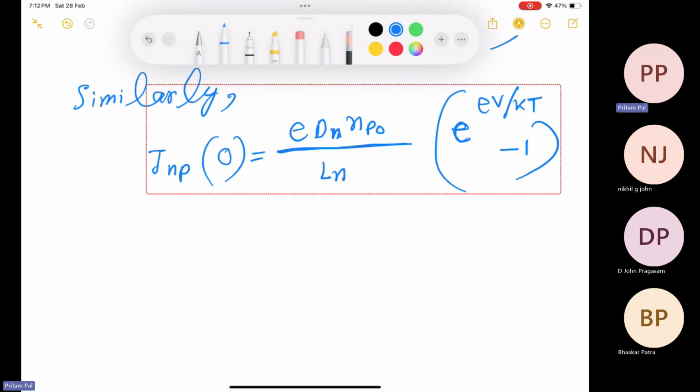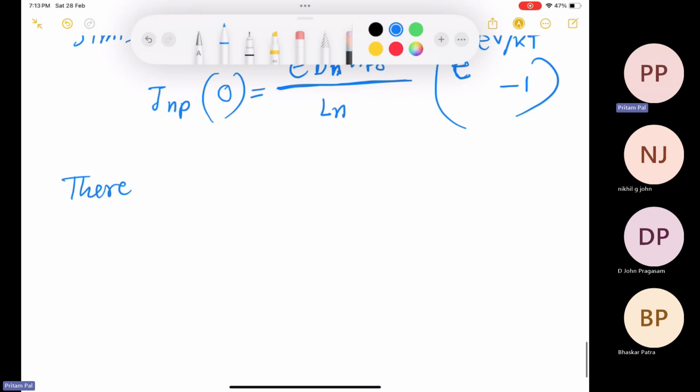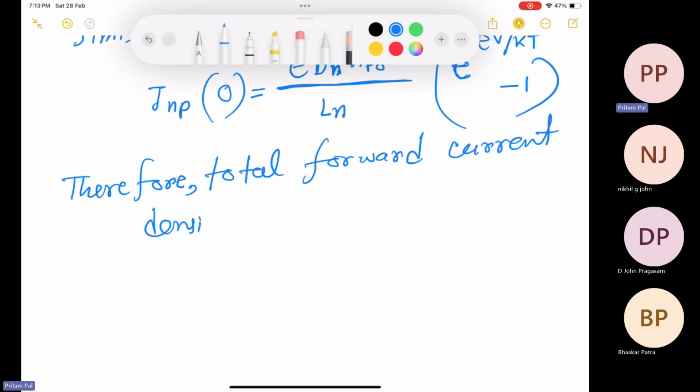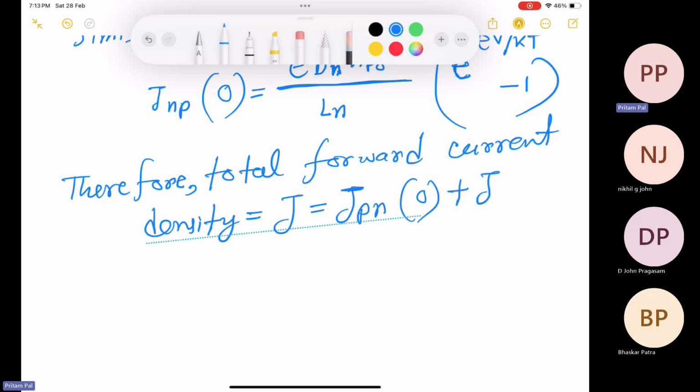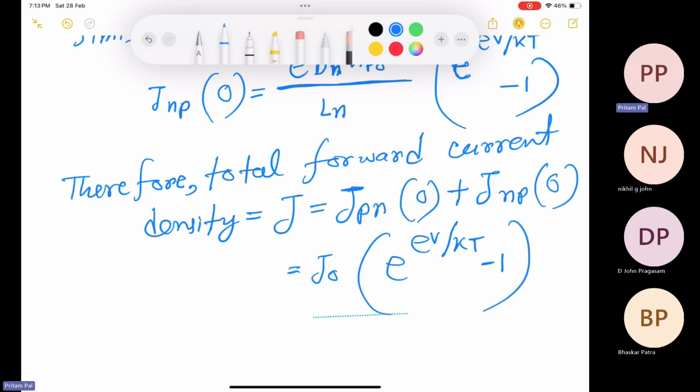Now, because of the low level injection, the minority drift currents can be neglected compared to the diffusion, and therefore we get the total forward current density, which we can denote as J, the sum of both sides, which is nothing but J naught times e to the power eV by kT minus 1, where your J naught is